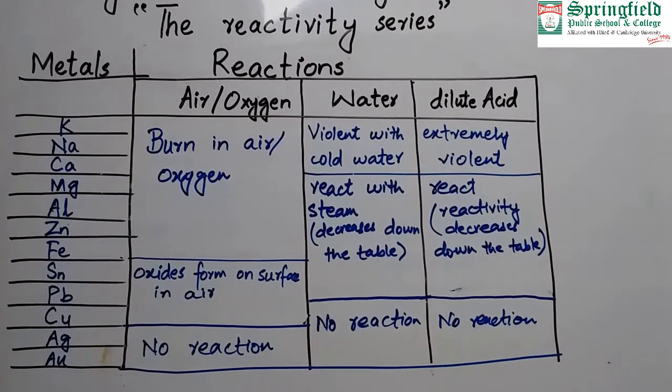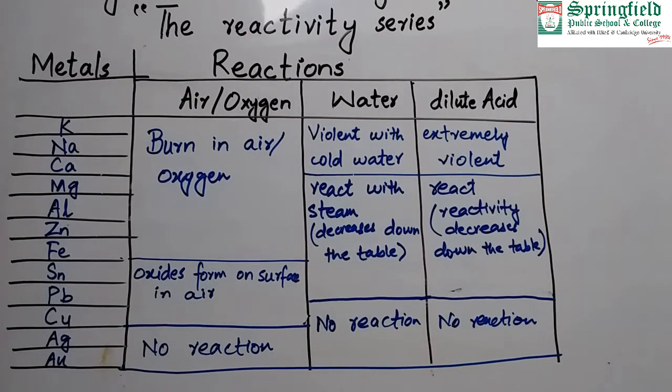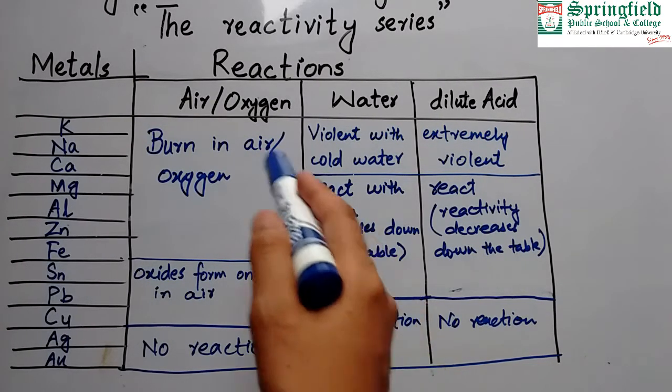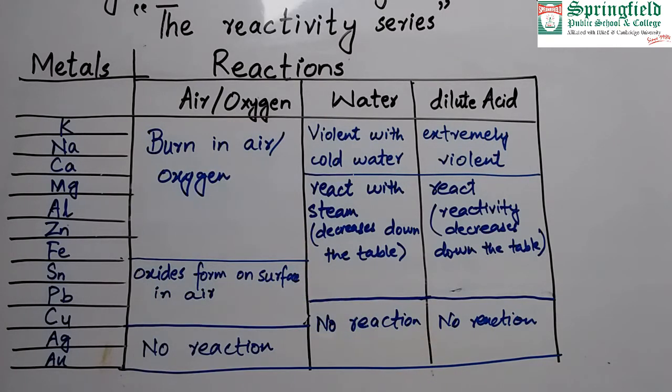This reactivity series is very helpful whenever we want to see the reactions of metals, or if a metal is chosen for making something, so we see whether it is reactive in this environment or not, and whether it is suitable or not. There are some metals which sometimes do not show their true reactivity because in the presence of air an oxide is formed on their surface. For example, aluminium forms an oxide on its surface which prevents further reactivity.